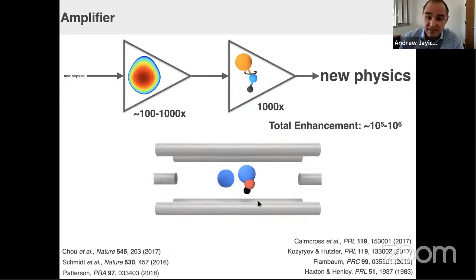We want to use just a single radioactive molecule controlled by a single ion that happens to be radioactive. Radium's a great match for this type of experiment. So we'd like to try and measure time reversal symmetry, and with just using this kind of simple system, which has some nice features.